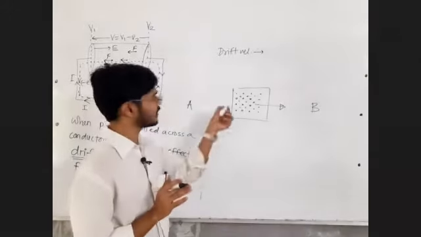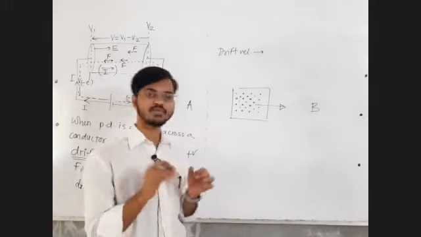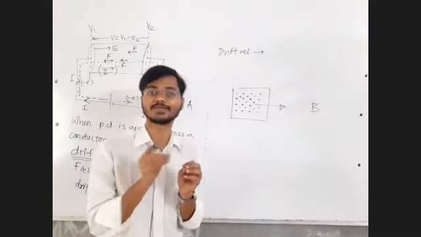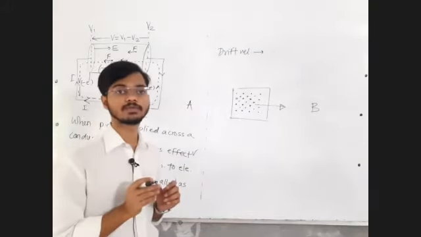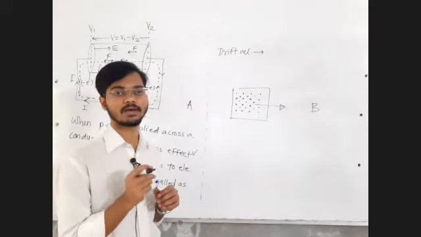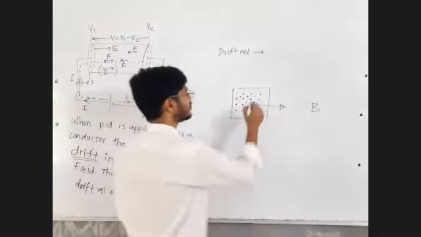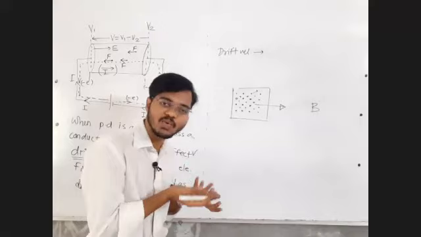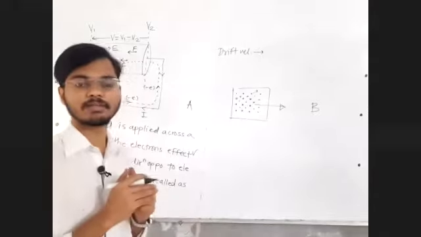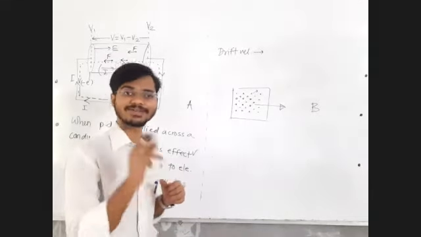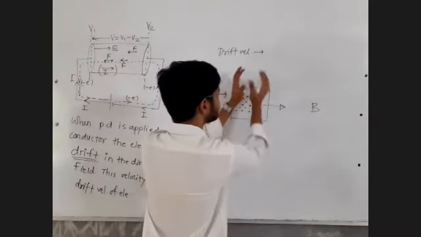But at a given instance of time, if you observe them very carefully, you will find that everyone is moving with some different velocity. Agree, disagree, reply me in the chat box. If you observe each and every individual carefully, some might be moving like this. Some animals might be colliding with each other. Some stone may come in the path, and they might be diverting their path. So many things are happening there, but still you can assign a velocity to the group of these particles.